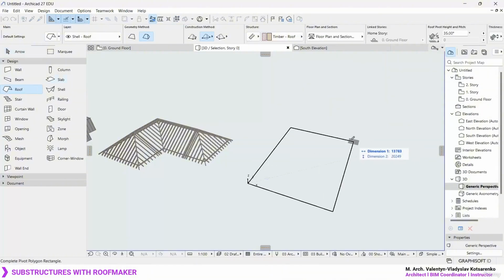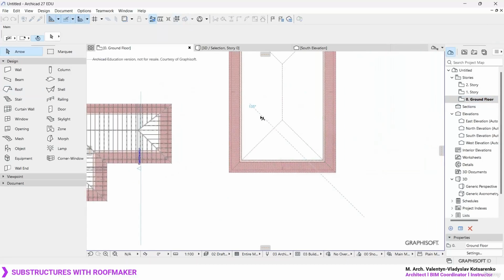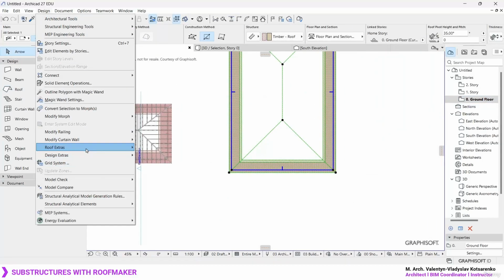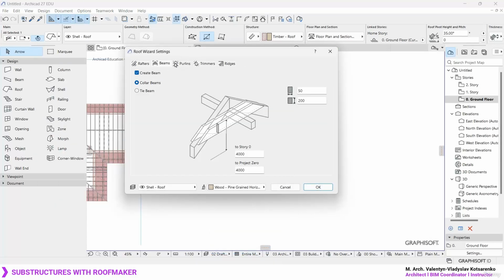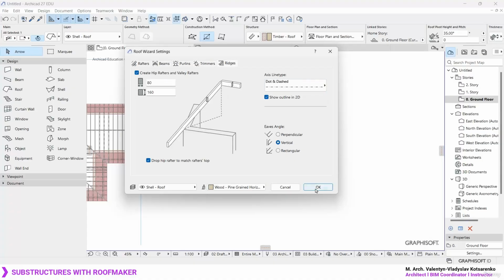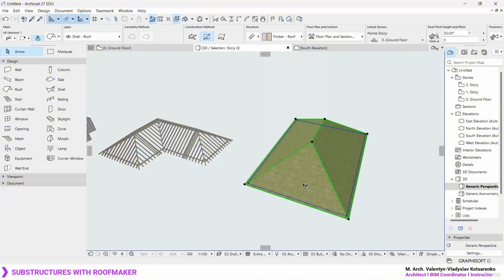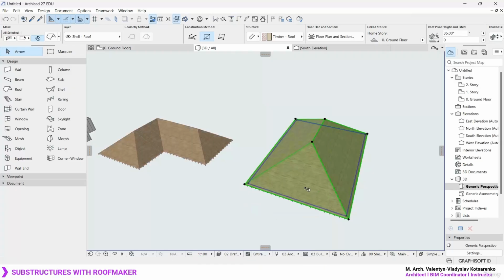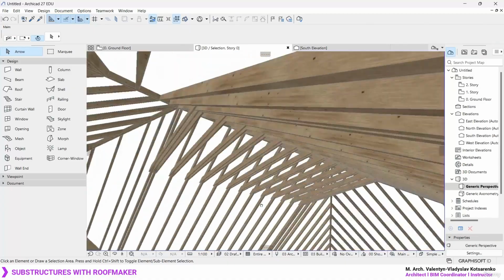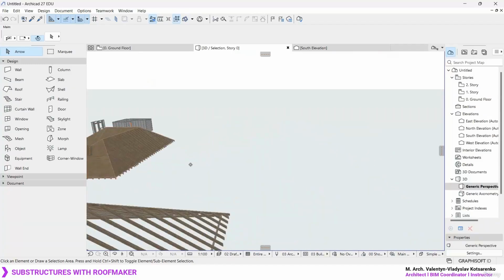Let's maybe make another example. Maybe I'm just going to create something more basic. Let's select the roof in 2D. And let's go ahead, design, roof extras, roof maker, roof wizard. And let's see if we got everything on. Let's press OK. See how it's going to behave for this case. And let's in first place show everything. And now let's hide just the geometry. Okay, so if you notice over here, notice how it's going to automatically position this structure and everything has been